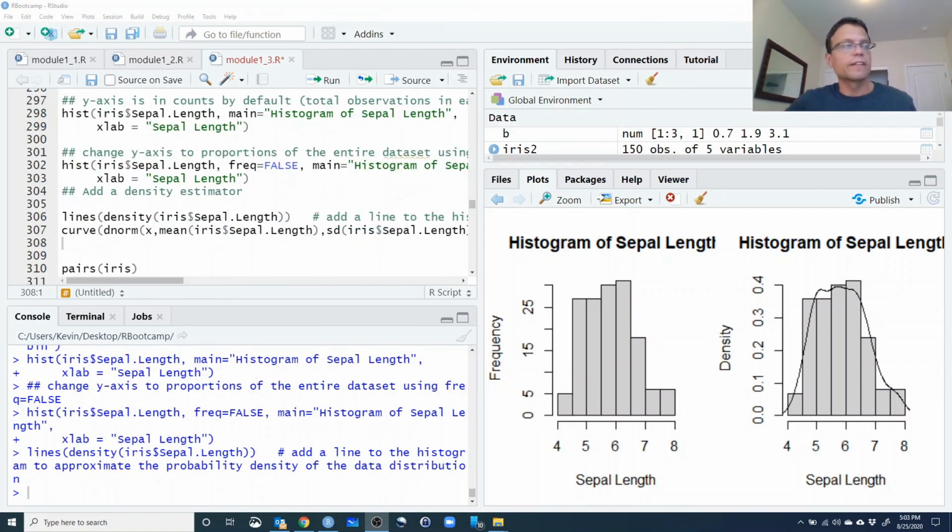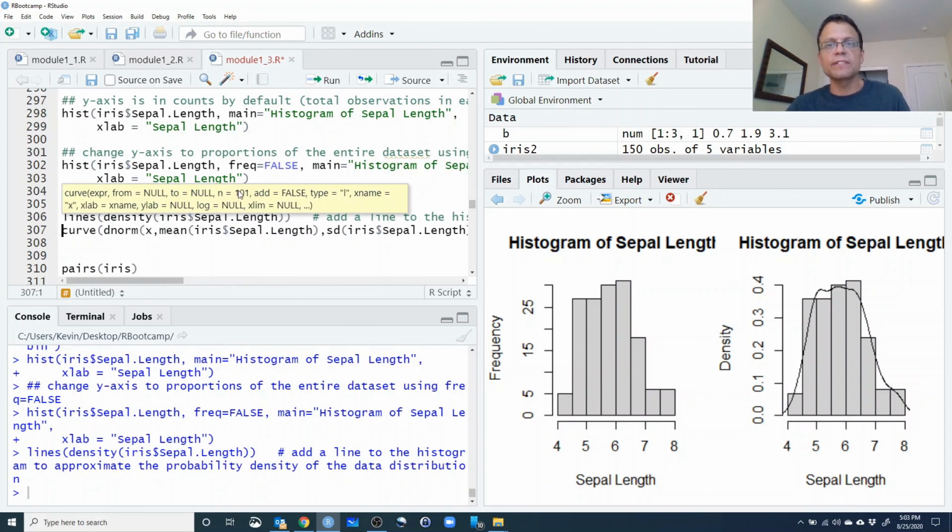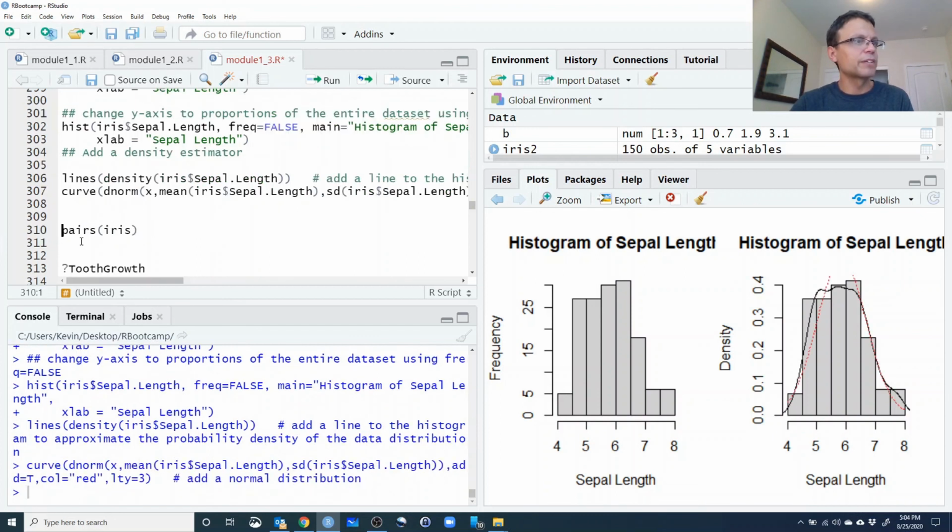Note that we're using the curve function here to add the normal distribution on top of this active plot that we're working with. And the curve function, you don't have to know much about it, but it's a convenience function for plotting the results of a function across a specified range. Don't worry too much about it. You can look up other examples, but what we're doing is just adding a normal distribution on top of